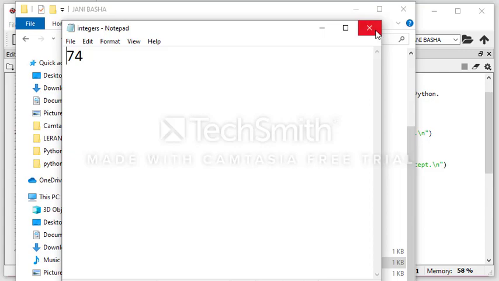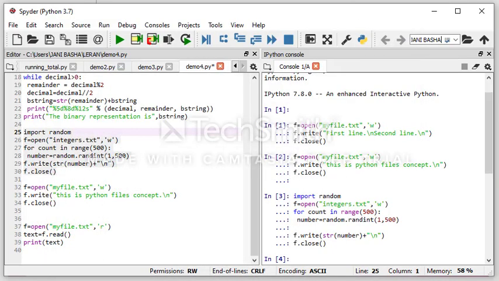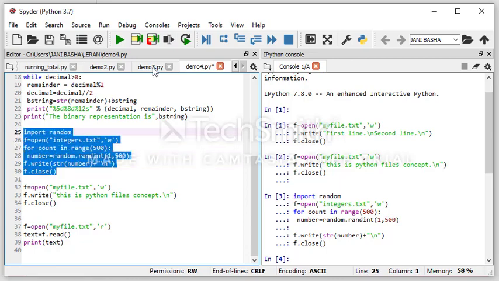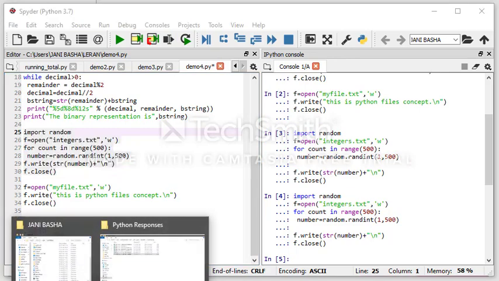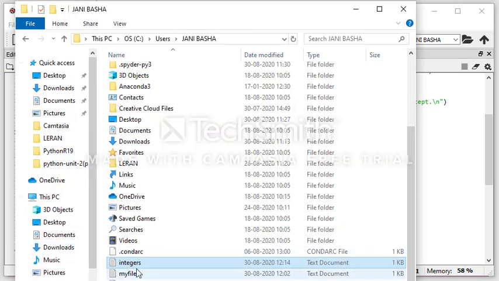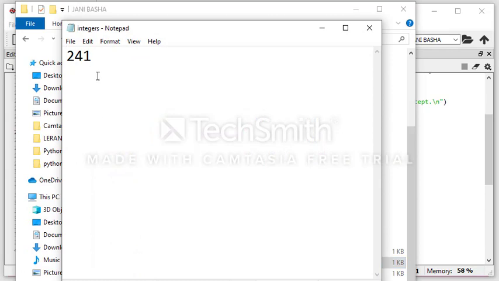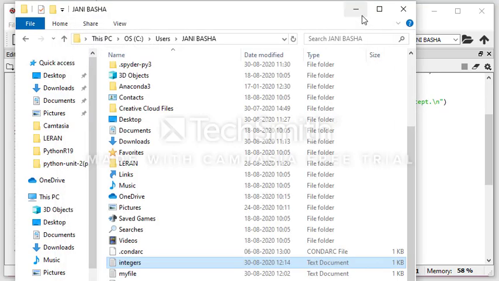Okay, once again I am trying to execute the same program. This time another number will be generated. So again I am executing the same program, and again I am trying to open that integer.txt file and observe the value. This time what is the value? 241. Okay, so this is how we are generating numbers by using the program.